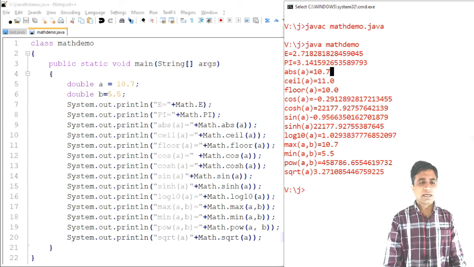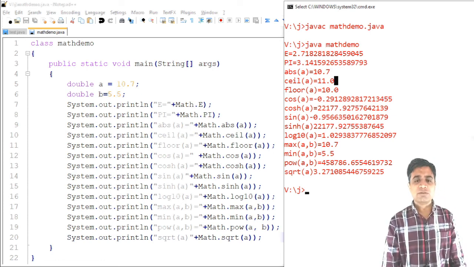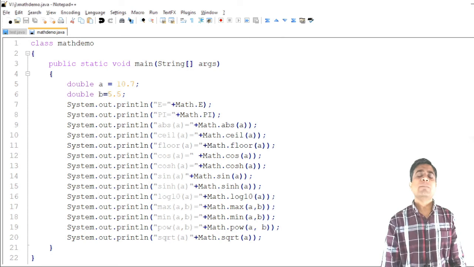Here the value is positive, that's why it shows only 10.7. The ceil value is 11, the floor value is 10, then the normal cos value, hyperbolic cosine value, then the same for sine and hyperbolic sine, the log value, maximum and minimum value, and power, where I am passing a raised to b, that is 10.7 raised to 5.5, and the answer is printed like this, and sqrt of a, that is sqrt of 10.7.